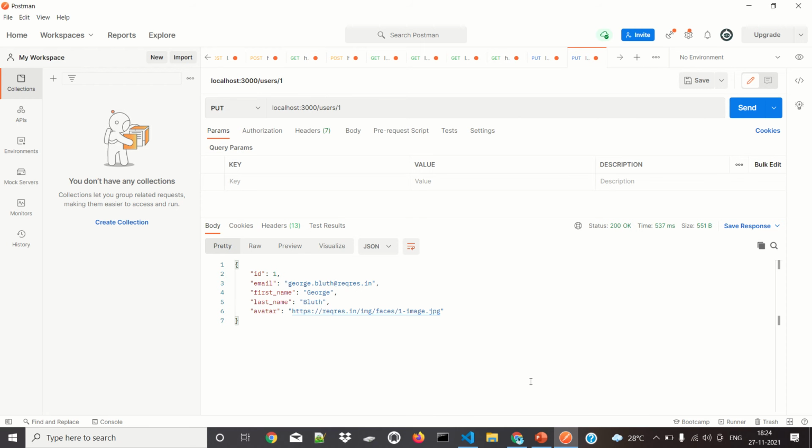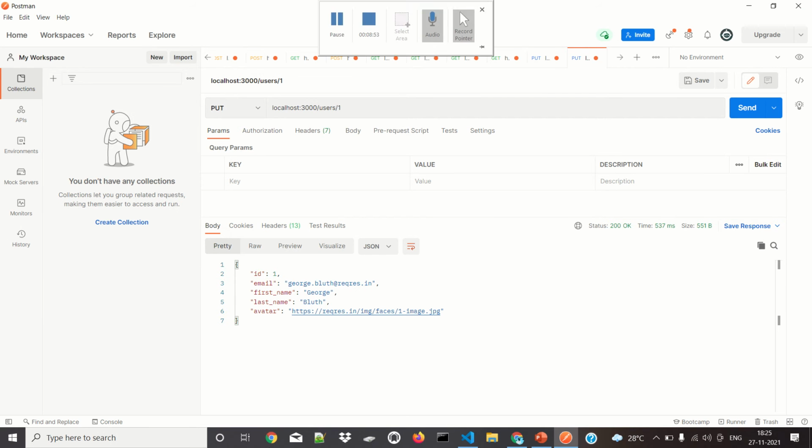The difference between post and put is mainly that post will not check for any entries already present, so it will just save the data as a new entry. In case of put, it will check for any IDs available previously. If the ID matches, it will update the data present inside it.